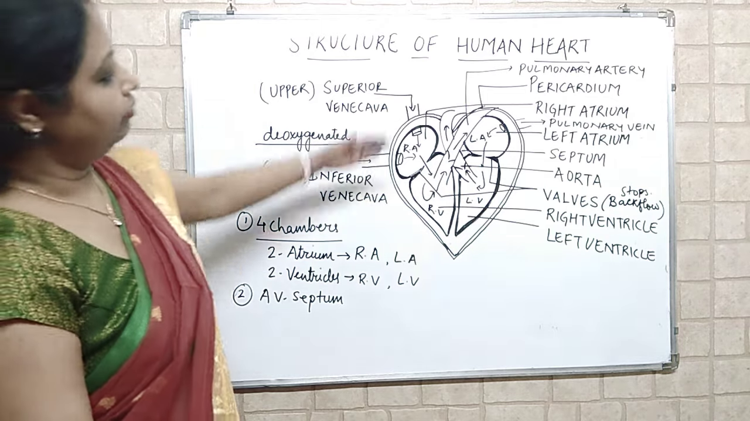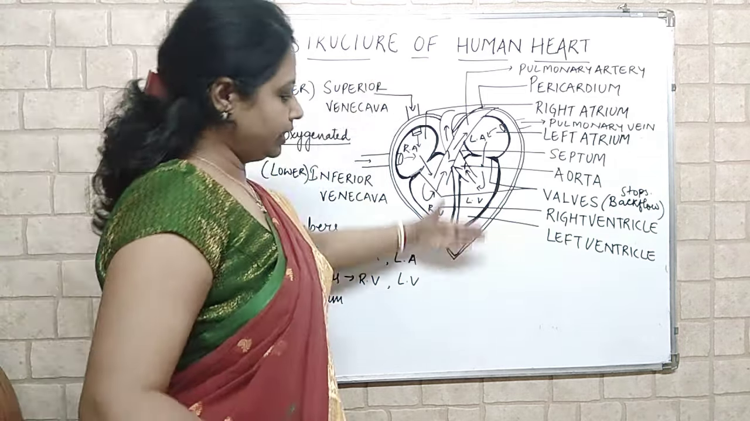When we take the LS of the heart, we will get this type of structure. Two upper chambers and two lower chambers. The two upper chambers are known as atria and the two lower chambers are known as ventricles. Further, they are divided into a right side and a left side. On the right side we have the right atrium and right ventricle. On the left side we have the left atrium and left ventricle,